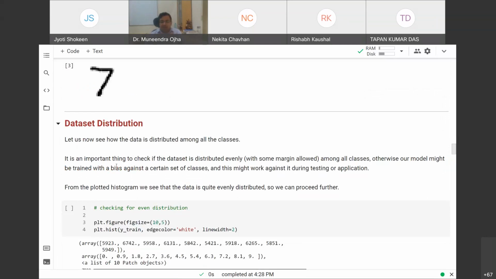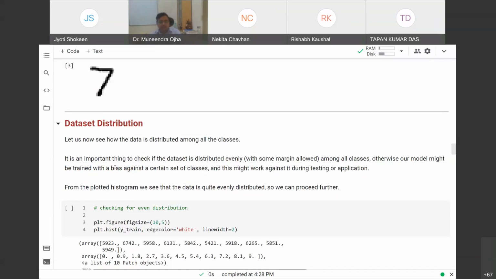When we start our model creation, the first thing that should be done is to check whether your data is evenly distributed or not. Data should be equivalently distributed across all classes if it is a classification problem.